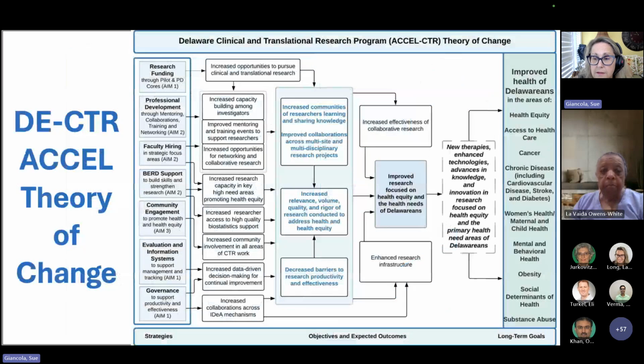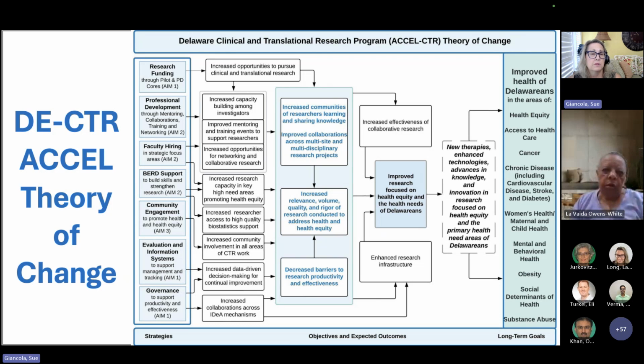This is the one for ACCEL, which is mentioned at the beginning. I co-lead the evaluation of the ACCEL program with Dr. Mary Colnane. This is more of a theory of change, similar to a logic model, but a little bit higher level. I don't have all of the really fine early and intermediate objectives here, but it gives you a general overview of what the theory is, the underlying theory of what the ACCEL program does and what it hopes to